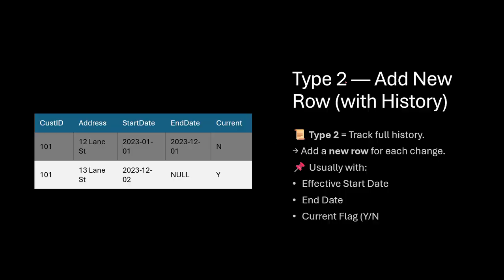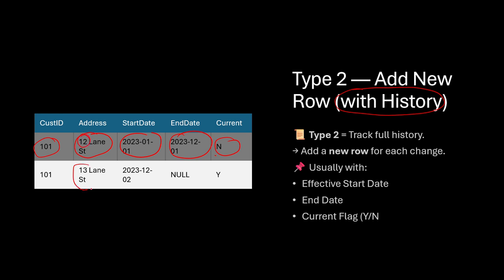Next is type 2. Some companies wish to have the history of the changes that they make to the database. So in type 2 we track full history and add a new row for each change. For example, here you can see customer ID 101 was at the address 12 Lane Street from this date to this date, and currently they are not at that address. And now they have changed their